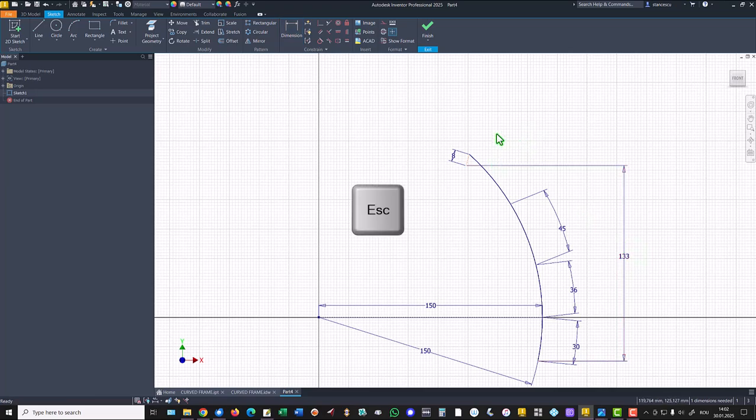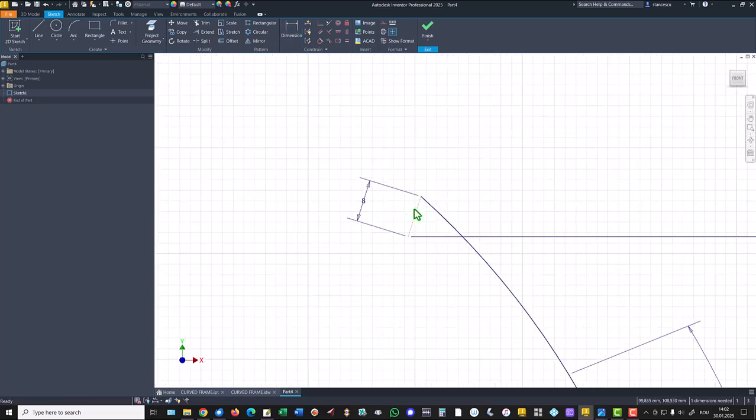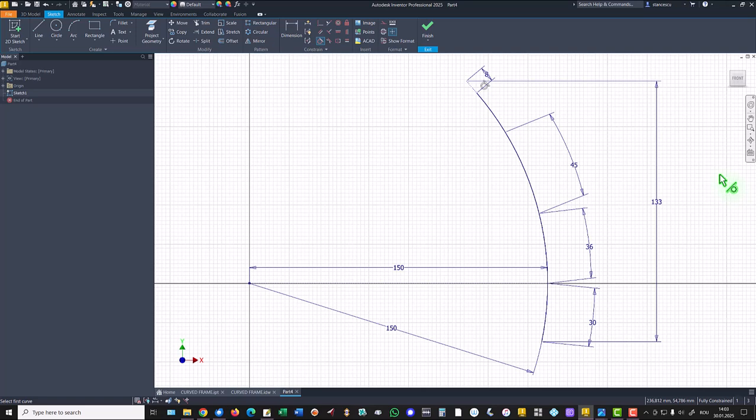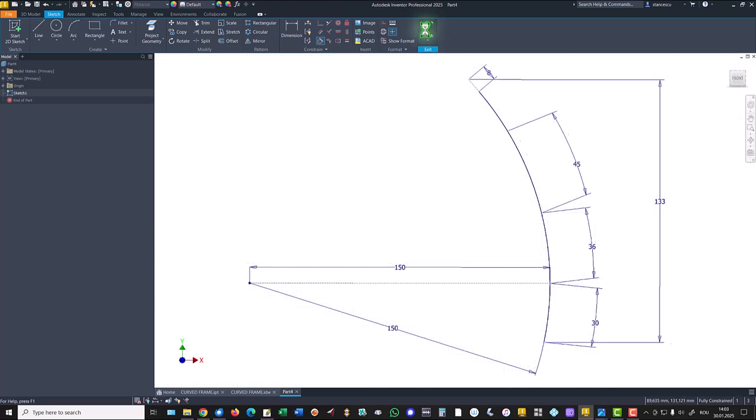But I forgot to place tangent between this arc, so that I have to move the point and apply tangent between these 2. Now we have a fully constrained sketch with all the necessary dimensions. Finish sketch,